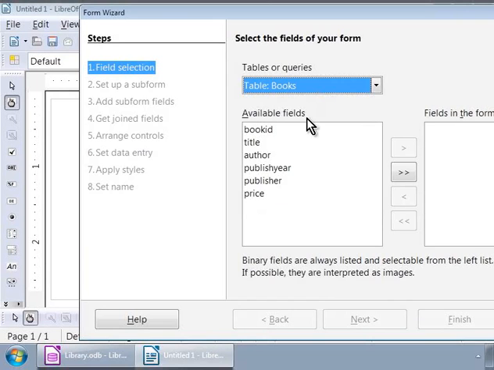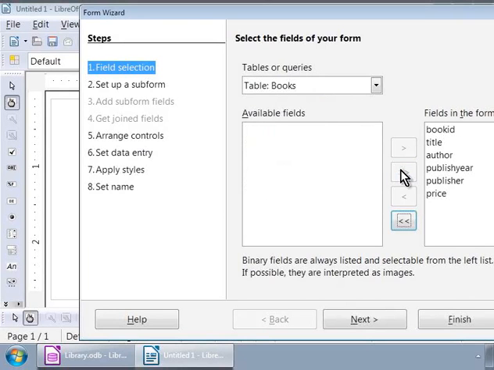On the right-hand side, we see fields on the form. We will need to move only those fields which we need on the form. For now, let us click on the button with double arrow mark symbols. Notice that we have moved all the fields from the left to the right.